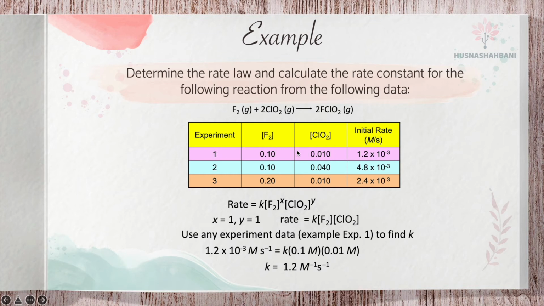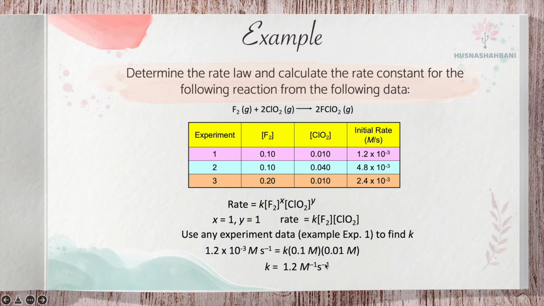Substitute all the values of experiment 1 into this rate law equation and you will get the K value. For example, we use experiment 1. So rate for experiment 1 is 1.2 times 10 power of negative 3 equal K, and then concentration F2 0.1 times concentration ClO2 0.01, and solve this equation and you will get the K value equal 1.2 per molar per